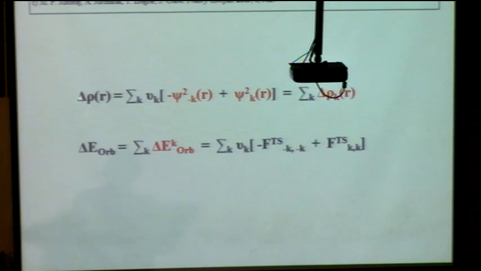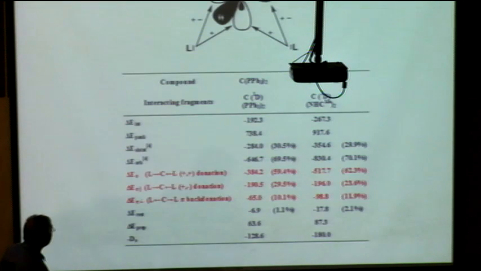So the energy change, the change in the electron density during the bond formation, can be diagonalized. You diagonalize the density matrix, and then you get pairwise contributions for this. And these pairwise orbital contributions also have an associated energy term. The mathematical details can easily be found. I just want to show you what the results of these are.